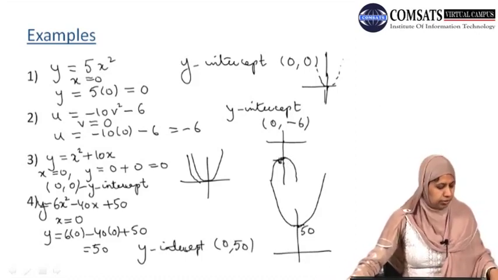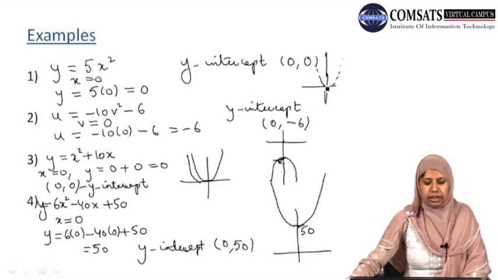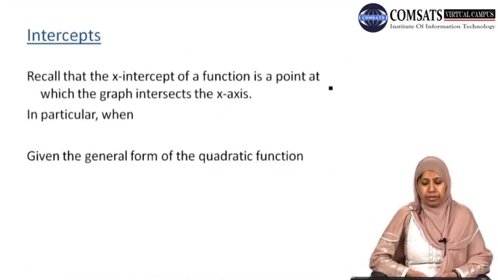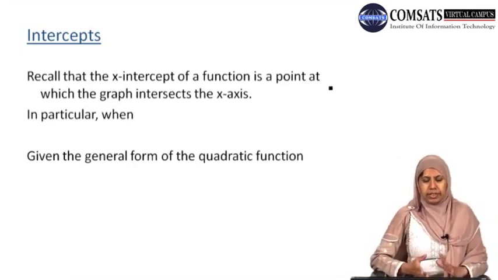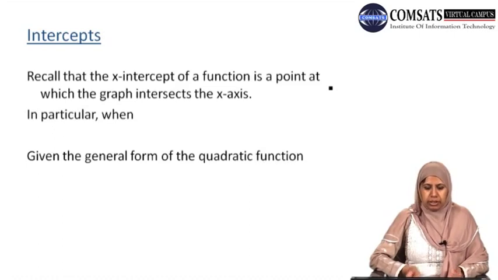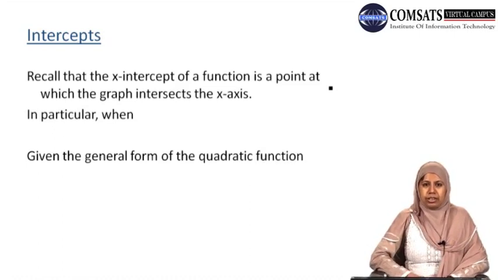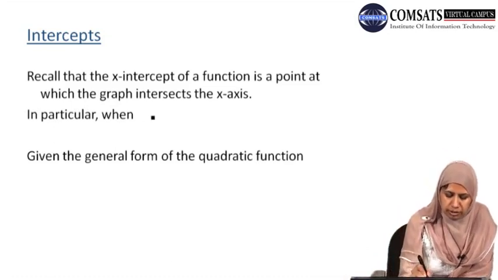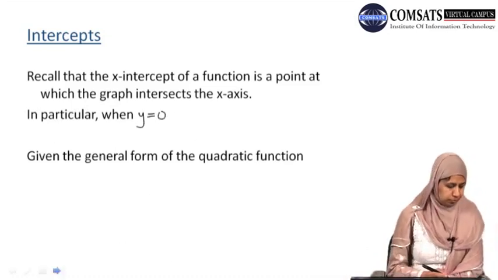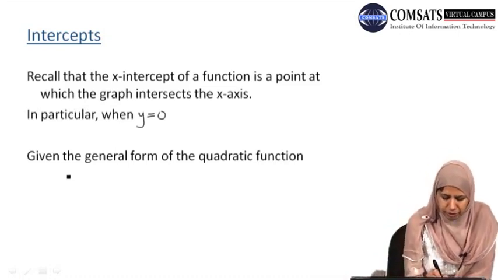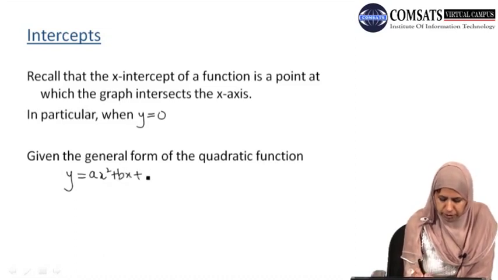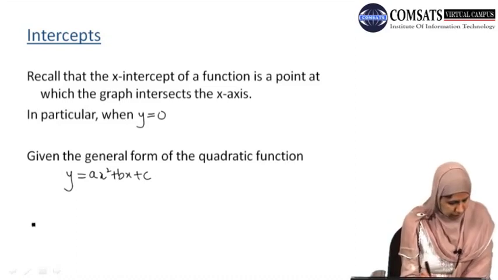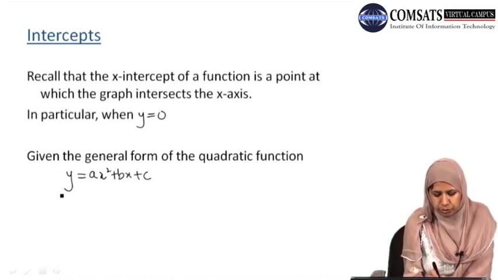Okay, now we are interested in finding the x-intercepts of our quadratic function. Same concept as with the y-intercept: the x-intercept of a quadratic function is a point at which the graph intersects the x-axis, in particular when the value of y is equal to 0. If we are given our quadratic function in the general form, ax square plus bx plus c, then our x-intercept will be